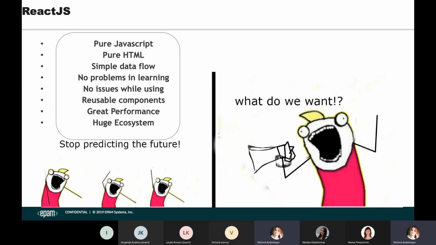That's how we kind of think creating basic application without something like React. We use pure JavaScript, pure HTML, we use simple data flow. We don't have problems with learning stuff because we don't have it. We don't have issues with using and stuff like that. So